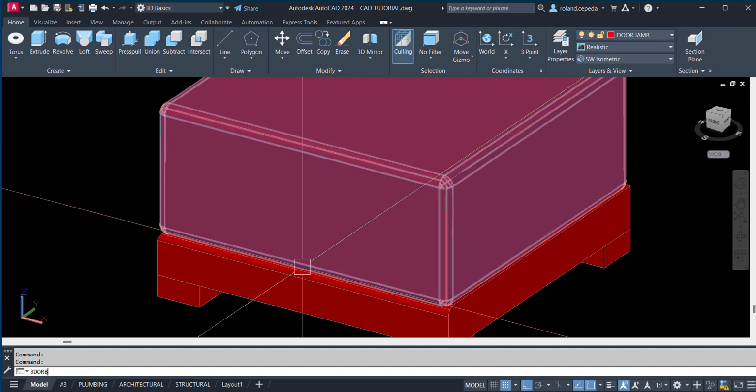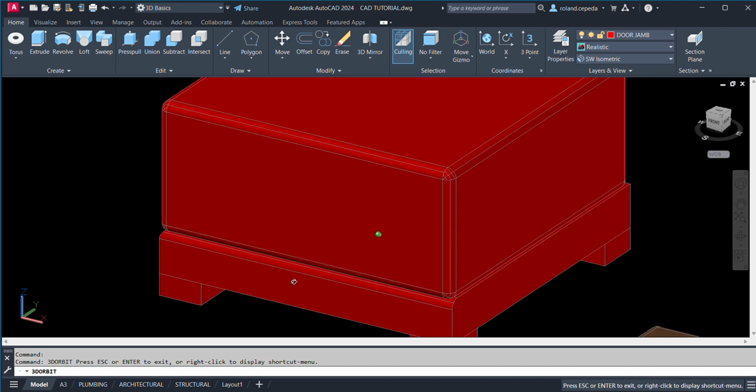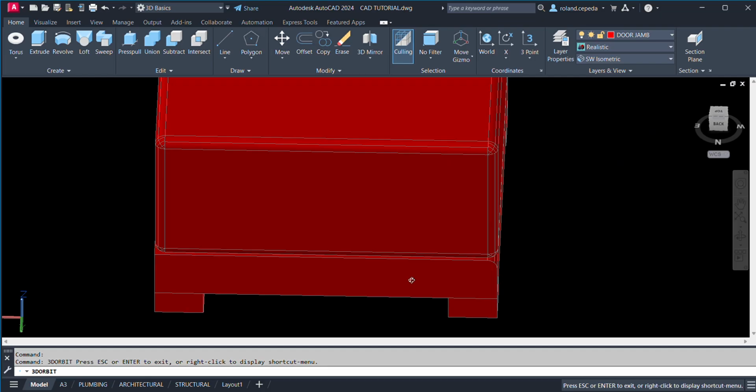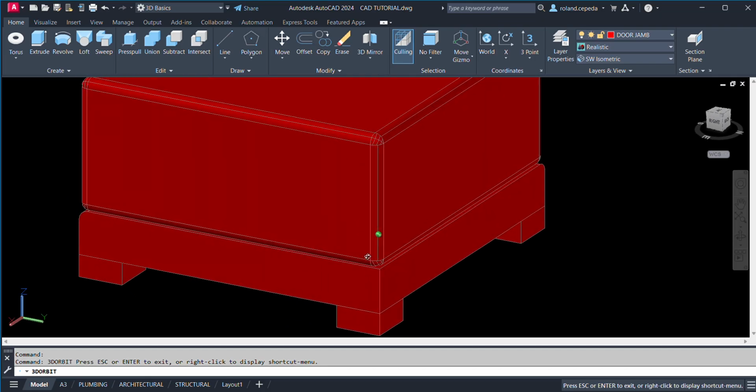And 3D orbit again. Okay, seems like fine.